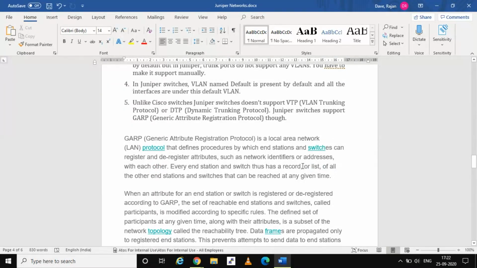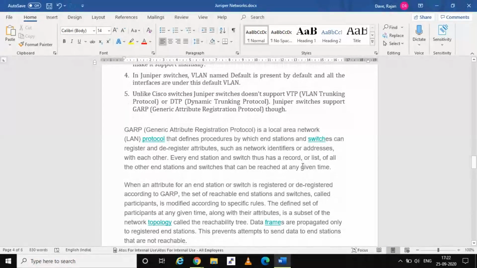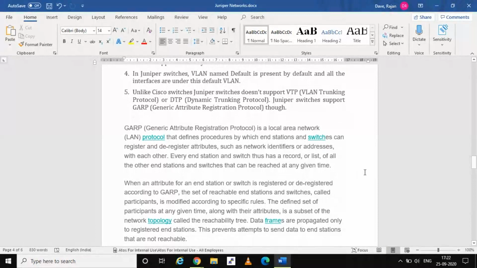Juniper switches don't support the VTP and DTP protocols. VTP, VLAN Trunking Protocol, and Dynamic Trunking Protocol are supported over the Cisco switches, but in Juniper switches there is only one protocol, called GARP, the Generic Attribute Registration Protocol.